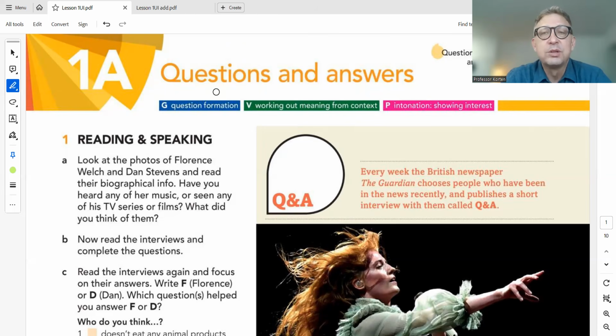So what are we going to focus on? We're not actually going to focus on reading, which is the first section in this chapter, if you notice. Just so you understand how this works, we're going to focus on the grammar aspects of how to form questions. So they're always going to be at the top. You can see what the emphasis is. We're going to try to work out the meaning of words from the context. And we'll talk about clues on how to do that. And then pronunciation, you're going to learn how to inflect your voice to show interest.